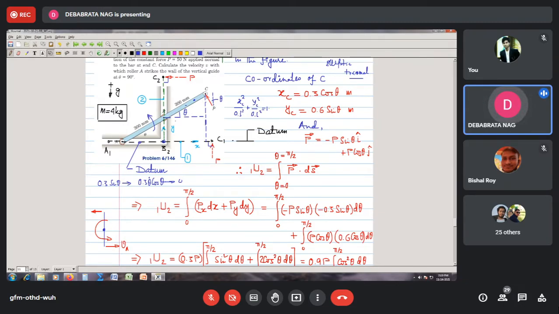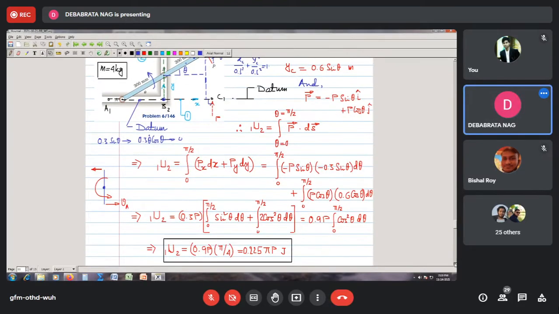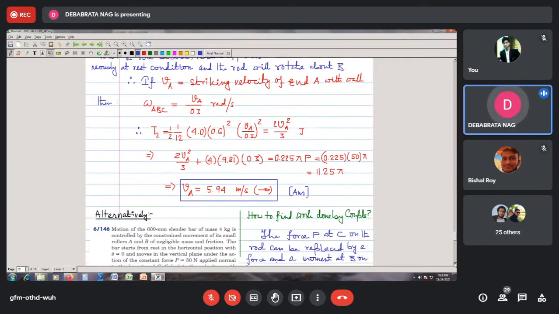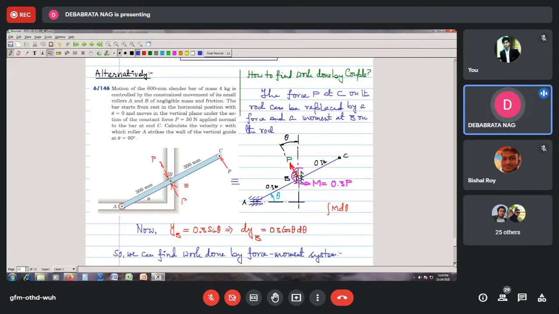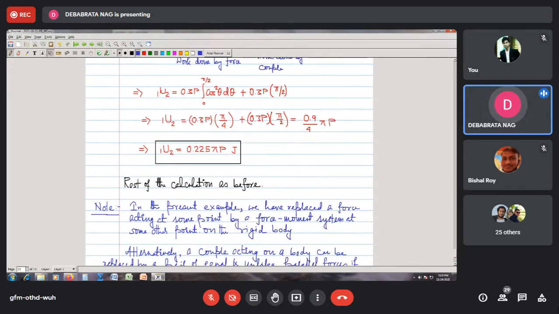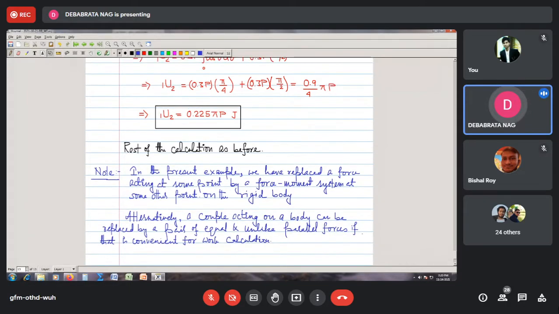হ্যাভ এ কাপল অলসো। তাহলে সেই কাপলটাকেও তোমাকে টেক কেয়ার করতে হবে। তো দেয়ারফর ইটস এ ভেরি গুড টেকনিক। এরকম কিন্তু অনেক অঙ্ক থাকে যেখানে তোমার ইনকনভিনিয়েন্ট লোকেশনে ফোর্স দিয়ে দেয়, দিয়ে তোমাকে ওয়ার্ক ডান ক্যালকুলেট করতে বলবে। তো তুমি সেখান থেকে করতে পারো, অথবা তুমি এই যে মেথডটা আমি দেখালাম এই মেথডে তুমি আসতে পারো। অল্টারনেটিভলি, আমি একটা কি করেছি, একটা ফোর্সকে রিপ্লেস করেছি বাই এ ফোর্স অ্যান্ড কাপল সিস্টেম। উল্টো দিকে একটা কাপল যদি অ্যাক্ট